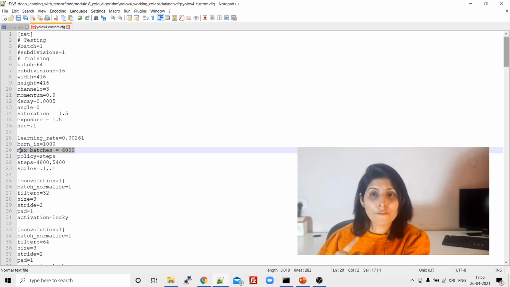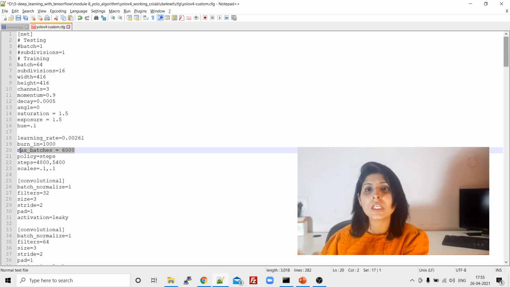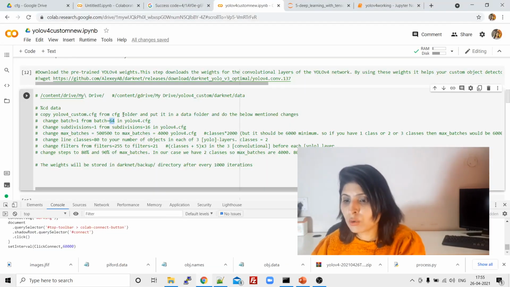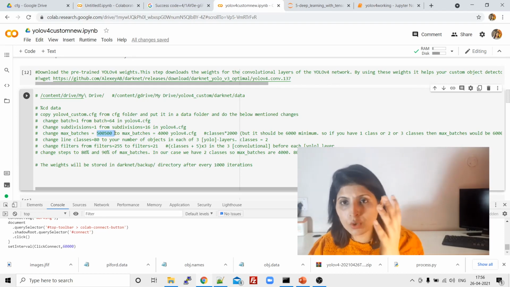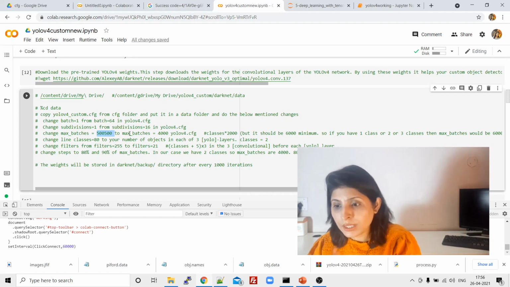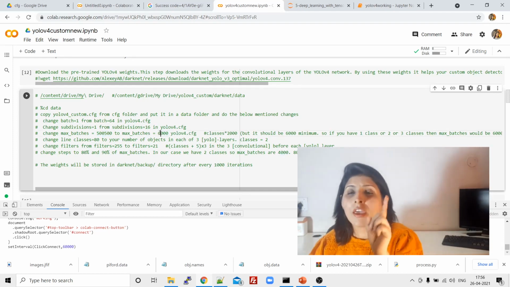But if you are working on more than three classes, then you need to follow this formula. When you open max batches, you will get this value 500500. This is the default value when you open this CFG file.